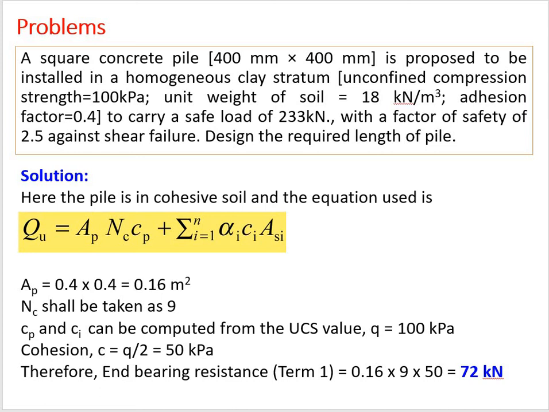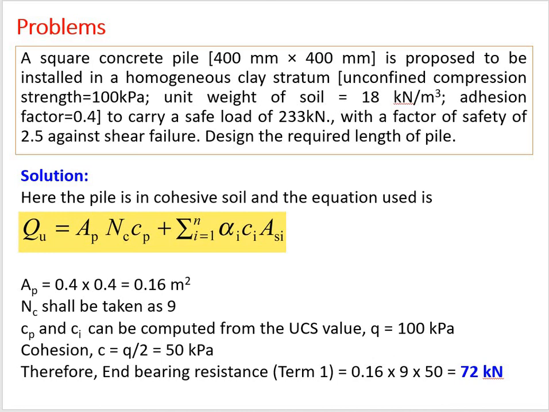So here the capacity of the pile is already given, and you need to find the length of the pile. You know the area of the pile. So here in this question, it is already mentioned that it is a clay soil. It is homogeneous clay soil. That means for the entire depth you have the same clay. So homogeneous clay strata means you have the same clay for the entire depth. Now unconfined compressive strength is given as 100 kPa. So how will you find the cohesion here? As studied in the previous semester, you know that the unconfined compressive strength is Q, which is 100 kPa here, and to find the cohesion it is Q by 2. Half of the unconfined compressive strength will give you the undrained shear strength or Cu.